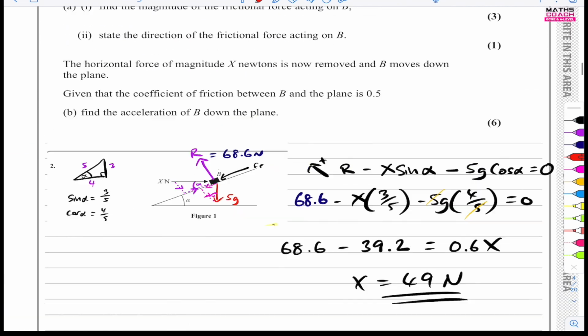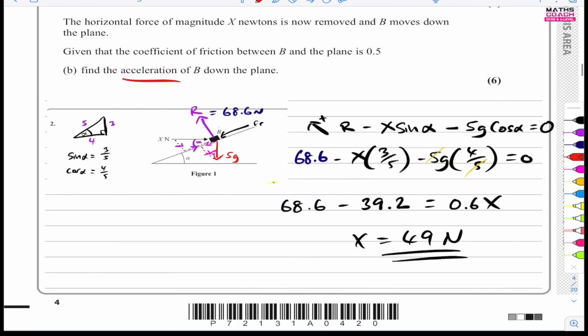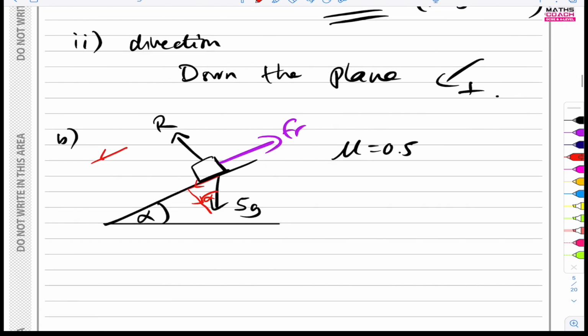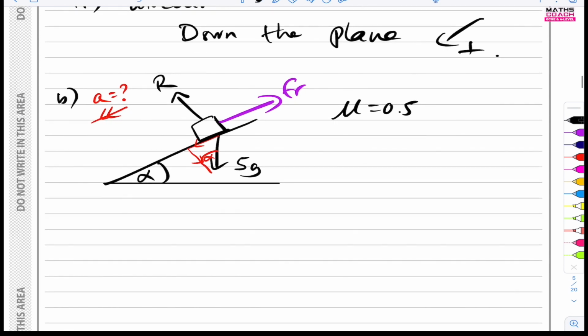All right, let's go ahead and resolve. What we're doing, by the way, is finding acceleration. Let's just add that acceleration as well. It's going to be going down the plane. We are looking for A, unknown. Okay, let's go resolve first. Let's start going down the plane. Like I said, naturally, I go down the plane. So what do we have? We have this one right there, and this one right there. So it's going to be